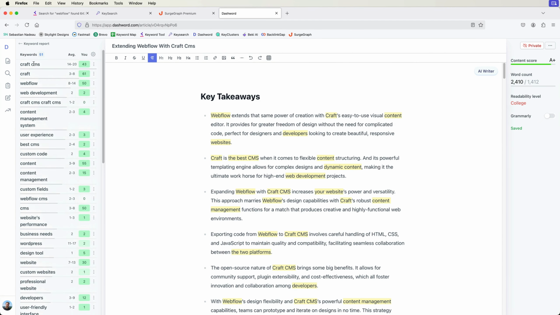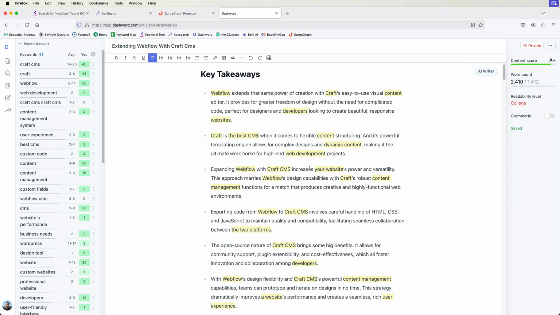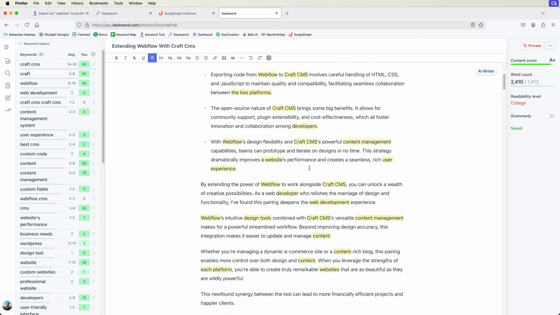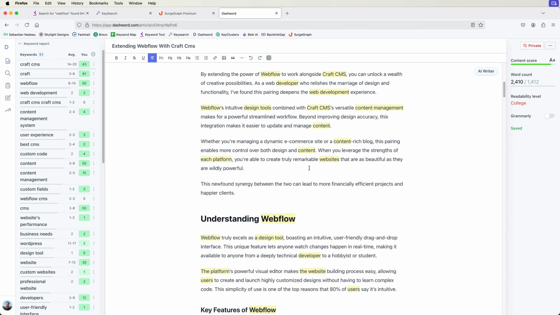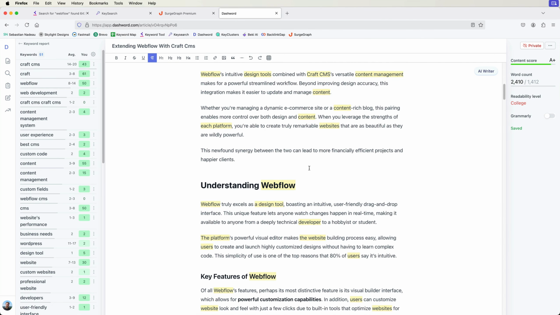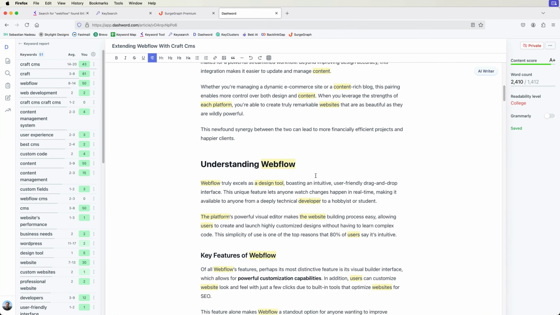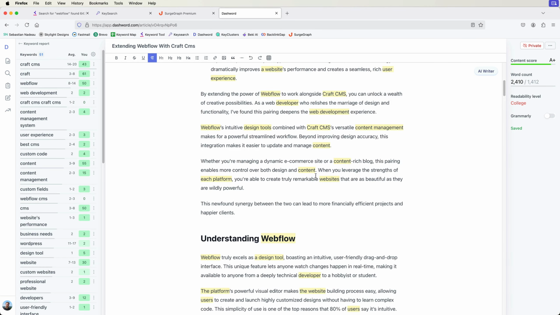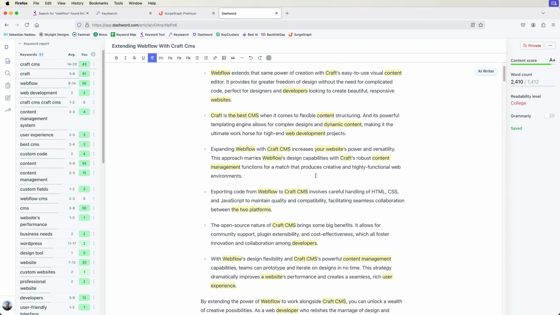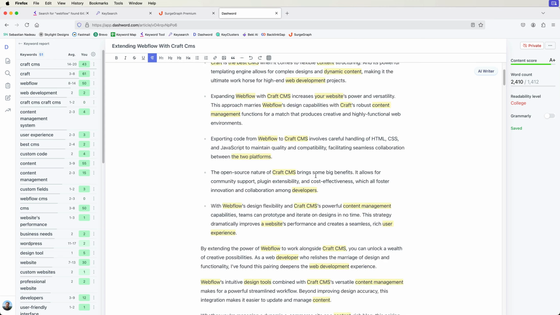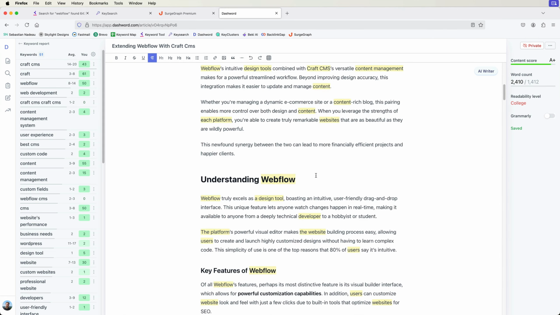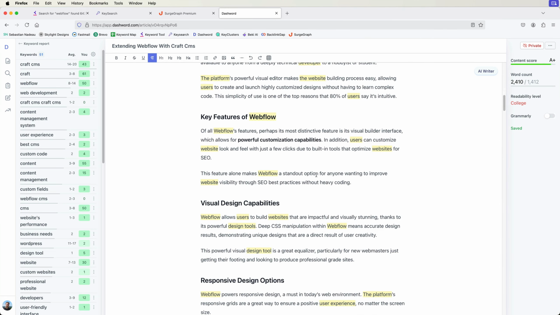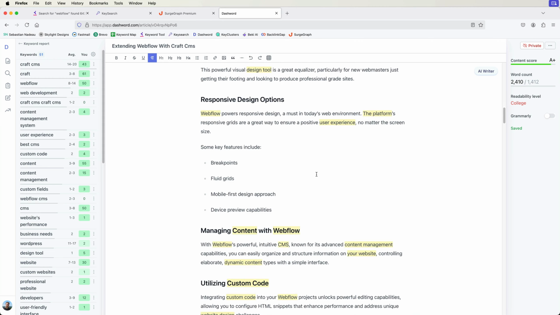And you can look at Craft CMS, Webflow, all these things, and then you have key takeaways, and basically you just look for opportunities to add a few more keywords. So you're adding LSI keywords, which is latent semantic indexing. And you're adding relevant keywords into your articles all over the place, like in the headlines and the H2s, in the H3s, and even in the body copy and bullets and everything. So you're adding keywords everywhere, and you don't want to